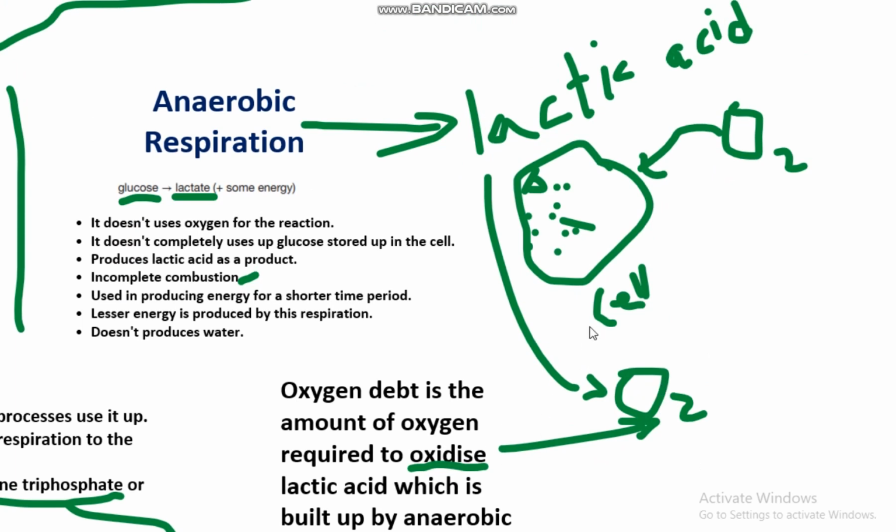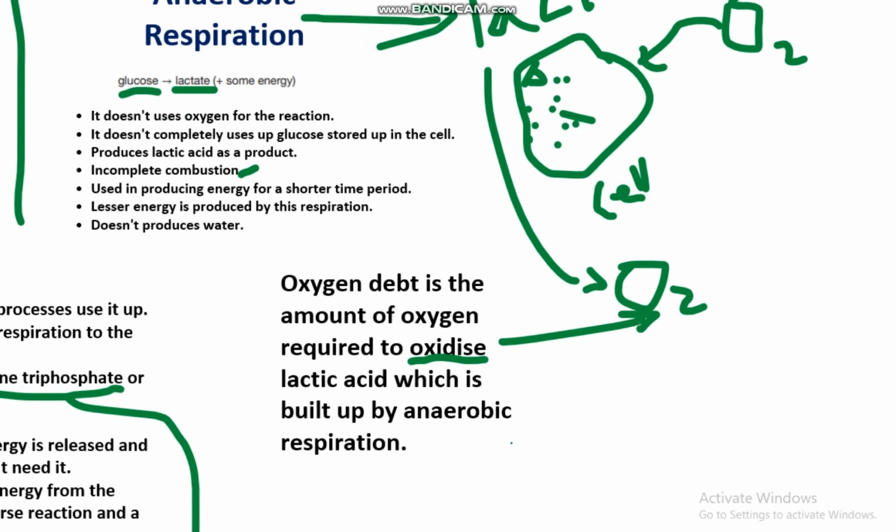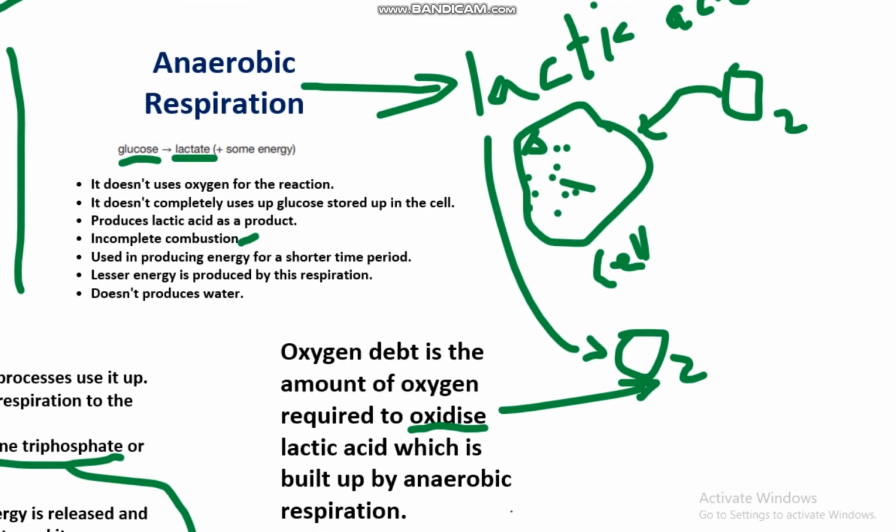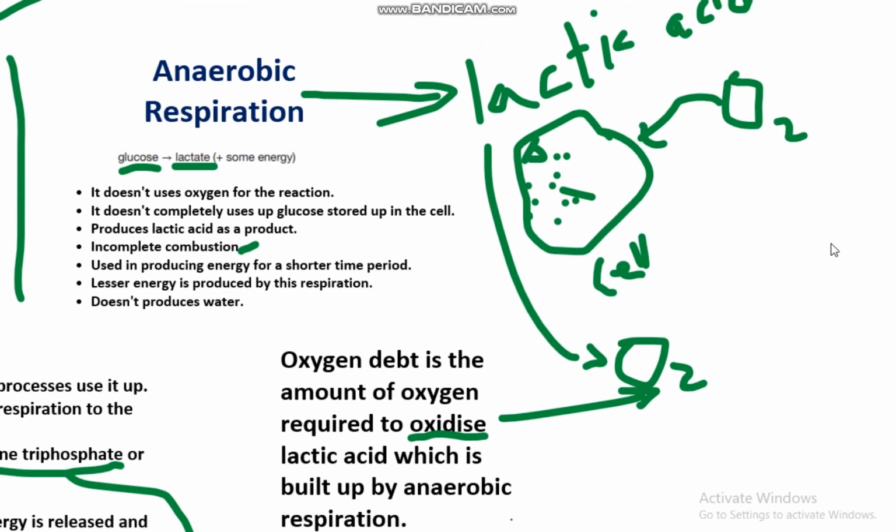And this is known as oxygen debt, the amount of oxygen required to reduce or to completely neutralize the threat of lactic acid in our body. And we use oxygen from our environment to oxidize it, and to remove lactic acid from our body and completely diminish it is known as oxygen debt, the amount of oxygen required. So this is the definition of it in a simpler form, and we have covered today's topic about